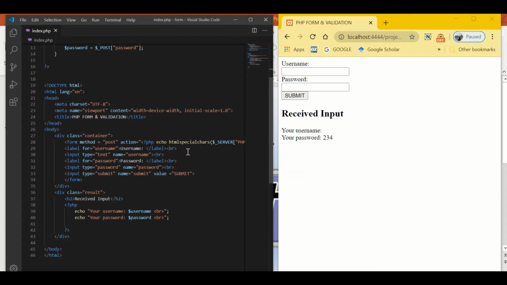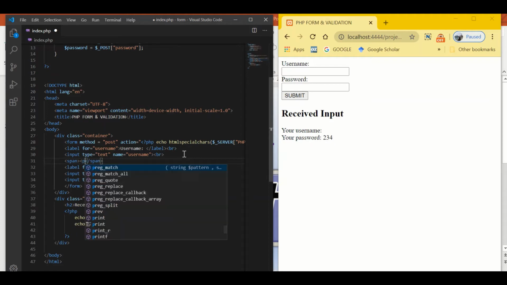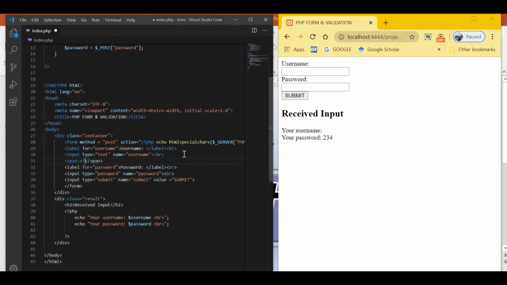So we can have a span right here, and in this span we can have a PHP, so that we can output our error PHP. Okay, and then we just echo